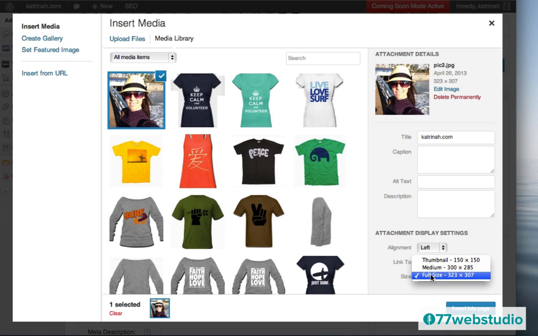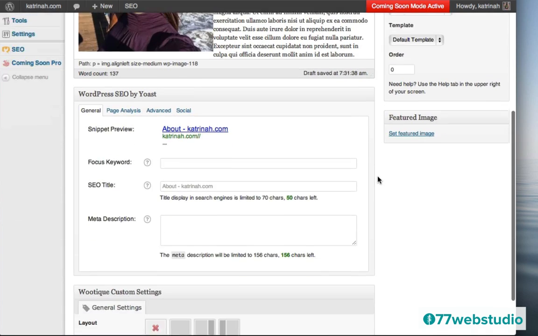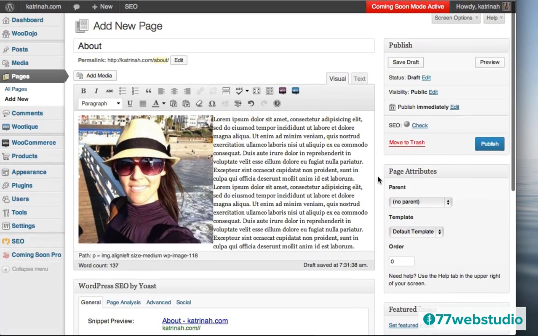And then you have a choice of different kind of thumbnail sizes, a thumbnail, a medium size, or a full size version. So I'll use the medium size here, so I'll click on medium. And then the last step is you want to click on Insert into Page to insert the image into the page. Okay, great. So now that looks good so far. Let's just scroll down a little bit. Okay, it looks pretty good so far.